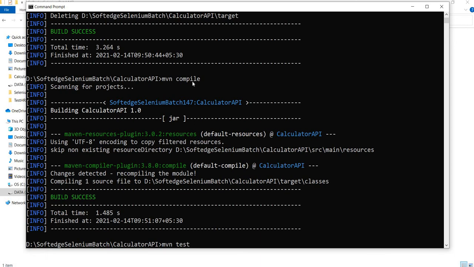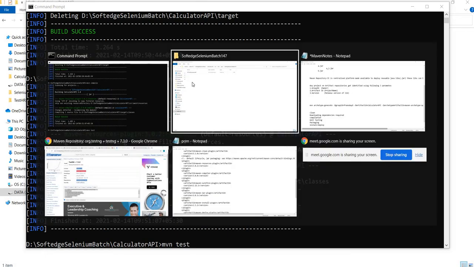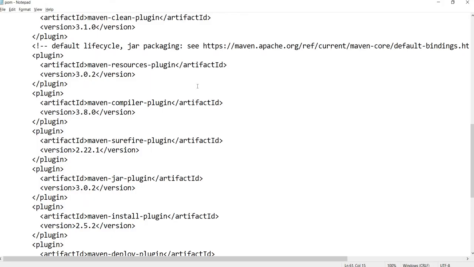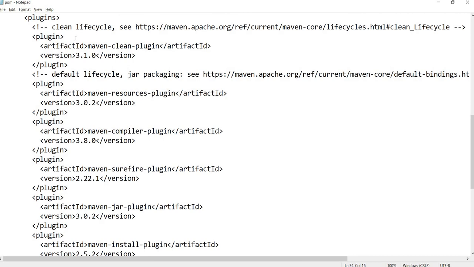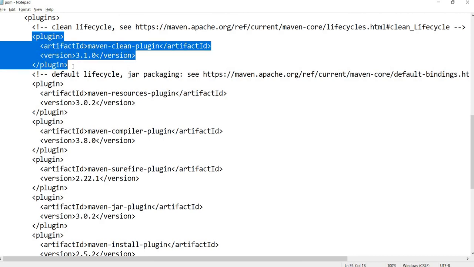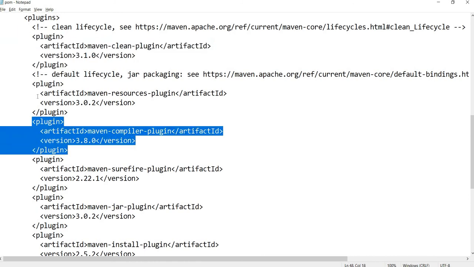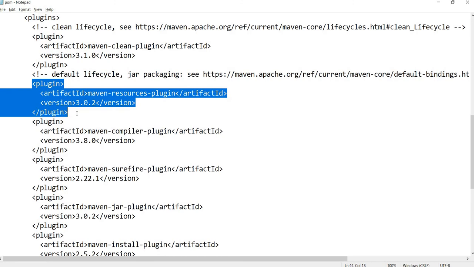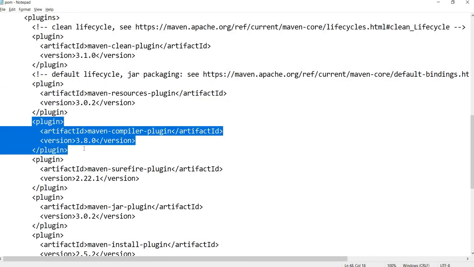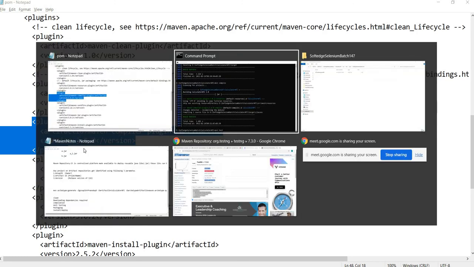And when you run the command mvn compile, Maven knows which plugin it has got which will do this task. So that compiler plugin which I had shown you in our POM XML. So when you say mvn clean, Maven knows to run the plugin which does the task. Then mvn compile you say, so first it runs this resources plugin, it downloads the required things and the compilation is done, right? So for every command Maven knows which plugin to run and get that task done, right?